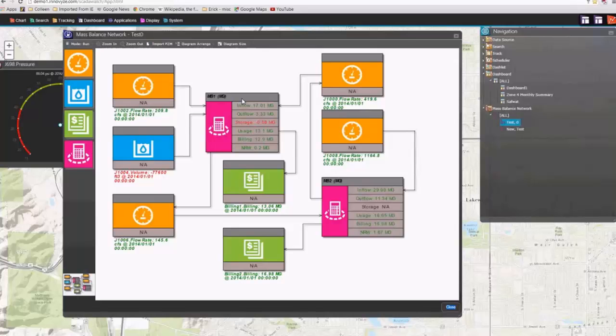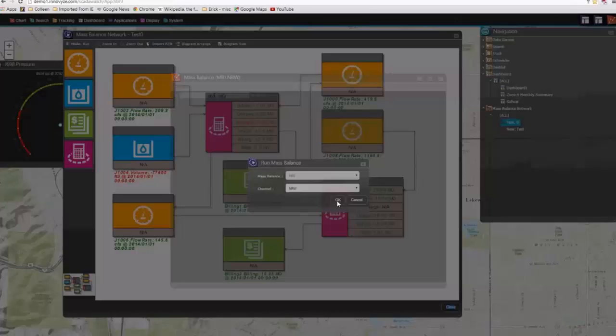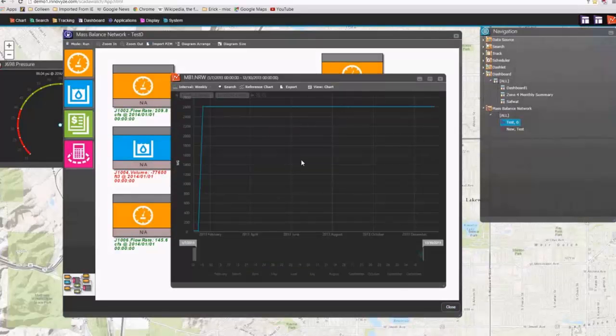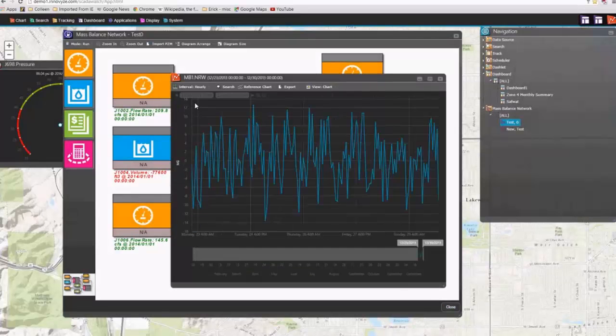This has never been available before. Say I want to look at non-revenue water. I can set up any number of graphs. Let's change this from weekly to hourly. All of a sudden, for the last week, I can look at how much non-revenue water I had at each pressure zone. This is helping me to find where I have the highest leaks in the system, where to concentrate